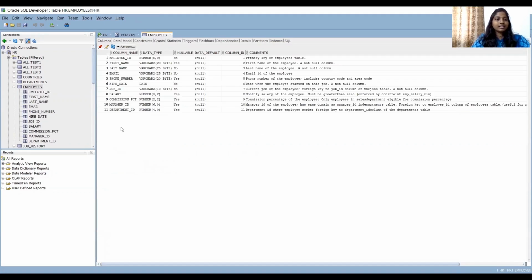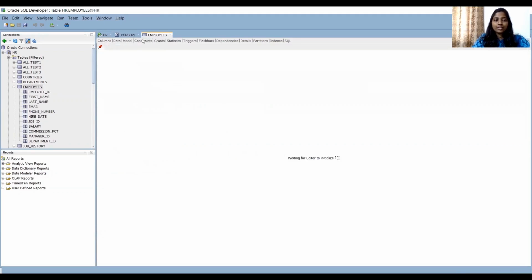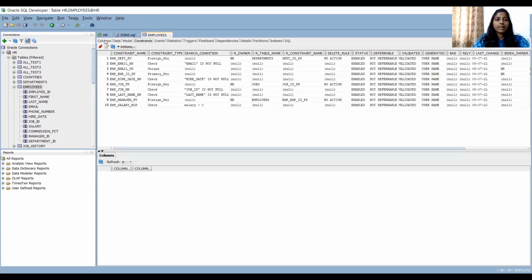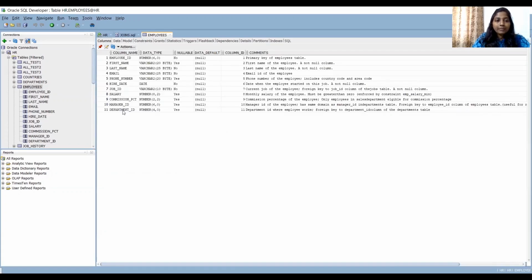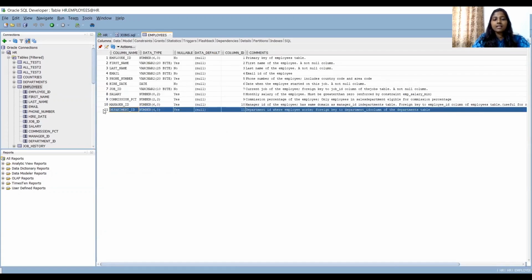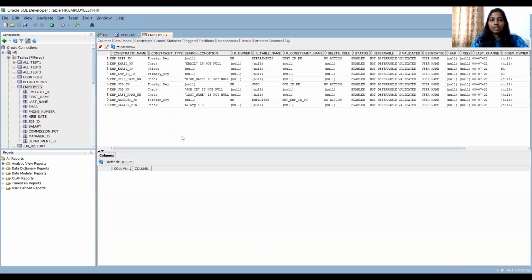The employees table has 11 columns. Go to constraints. In columns, do we have department ID? Yes, the last column is department ID. Go to constraints. Do we have any foreign key?